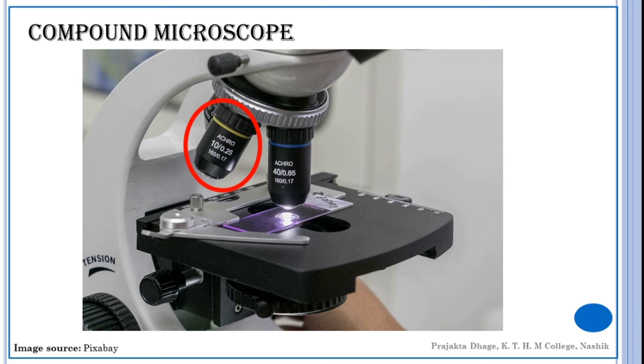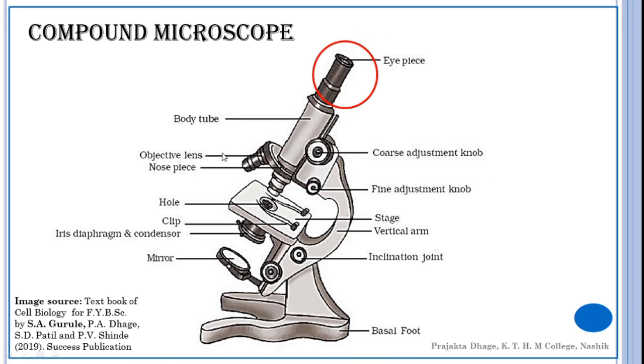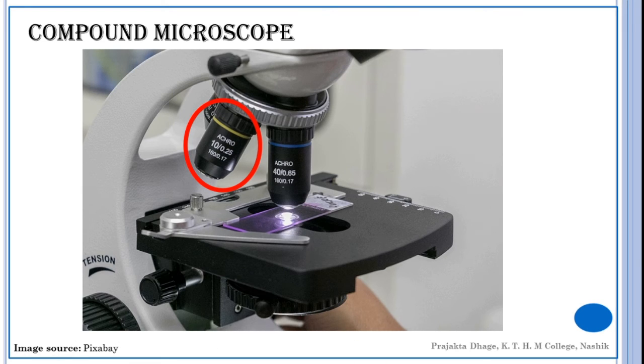Now, here it's written 0.25. What is this? This is nothing but the numerical aperture. This is 160. What 160 means is that the objective is corrected for an ocular tube length of 160 mm. And what you see here is 0.17. It is nothing but the maximum cover glass thickness to be used with this particular objective. So this is all about that description.